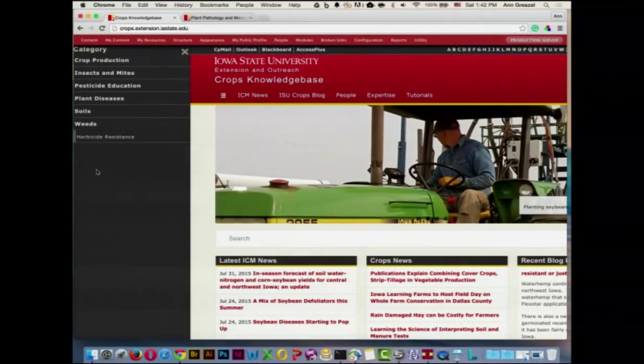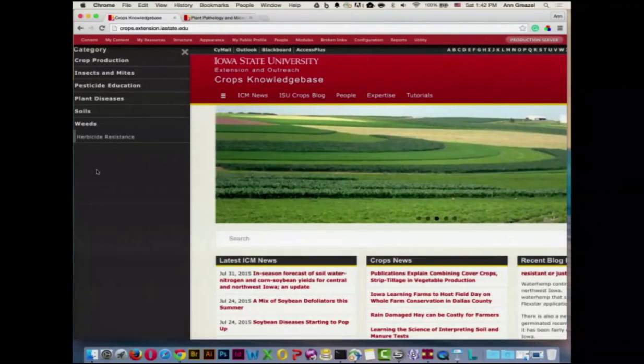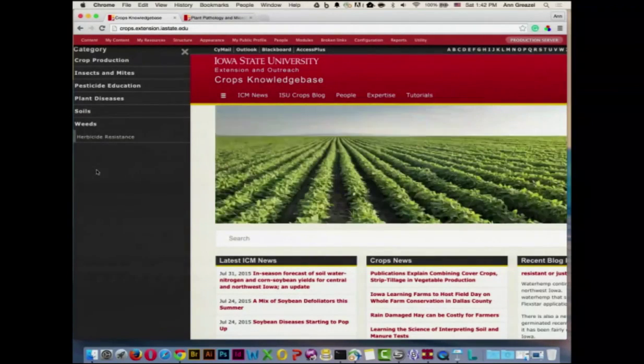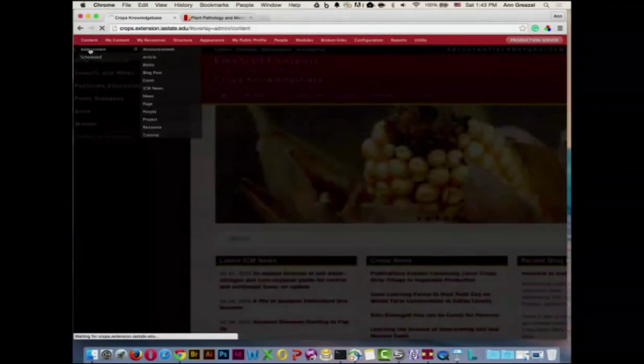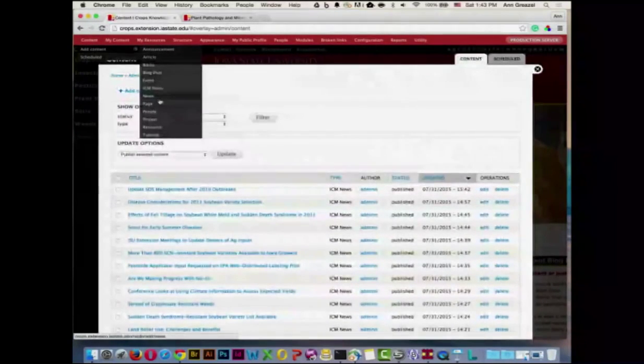So it's either a production problem, insects and mites, pesticides, plant diseases, soils, or weeds. As the content goes in, it's required that the content person choose which bucket it goes into. By doing that, we have a facet that allows us to search later.